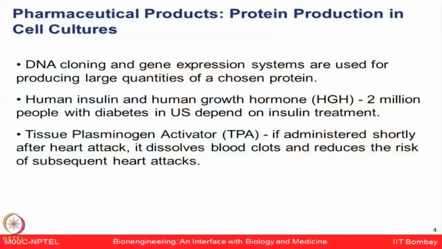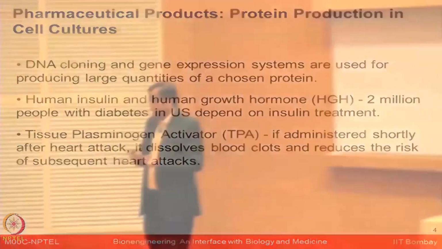So you need a really large amount of protein, of very high quality and purified, for various therapeutic requirements. Another protein is tissue plasminogen activator, TPA. This protein is required for people who are having, let's say, a heart attack. Immediately after you have these sensations, if this kind of protein can be injected, it helps to dissolve the blood clots. So then patients could actually be saved if this kind of protein is